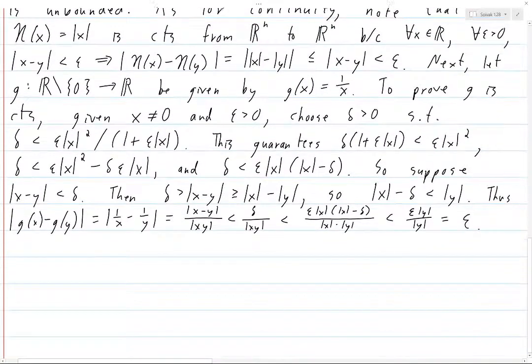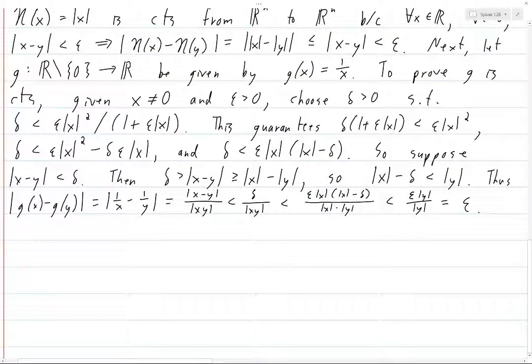All right. So, g is continuous at x, or rather, g is a continuous function on its domain because it's continuous at every point x in its domain. All right, so lastly,